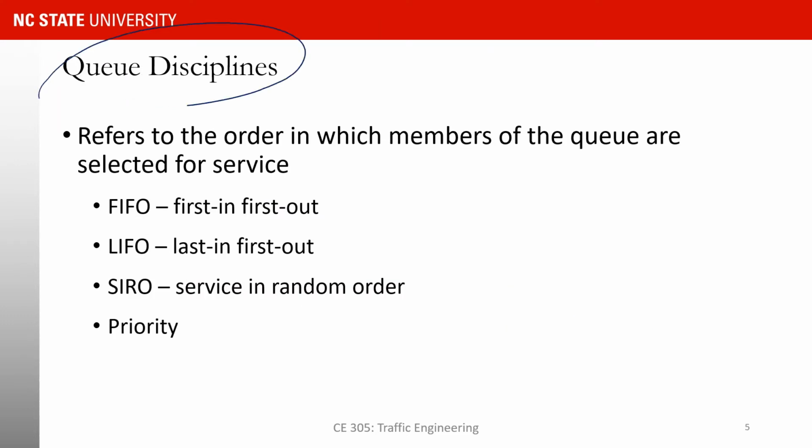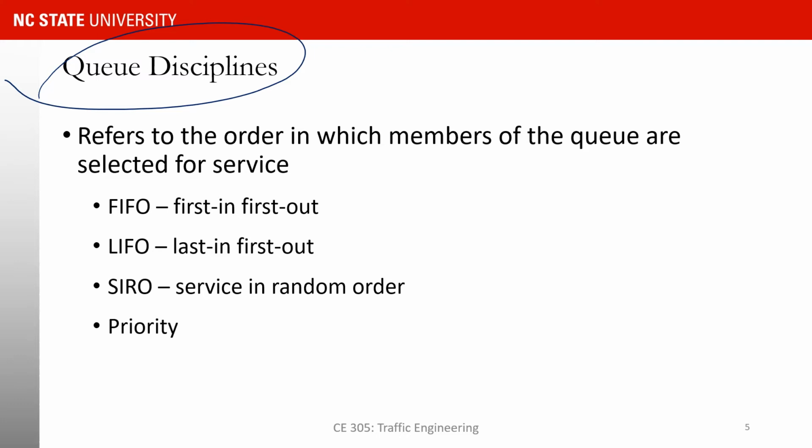So now let's talk about queue disciplines. So we may have first in, first out. The first person in line would be the first person who's going to receive the service, and the first person who will be out of the system or out of the queue. Because when you get into receiving the service, if you have multiple channels, one server may take a little bit longer. So first in, first out means that the first person that is in queue is the first person that is selected to receive the service.